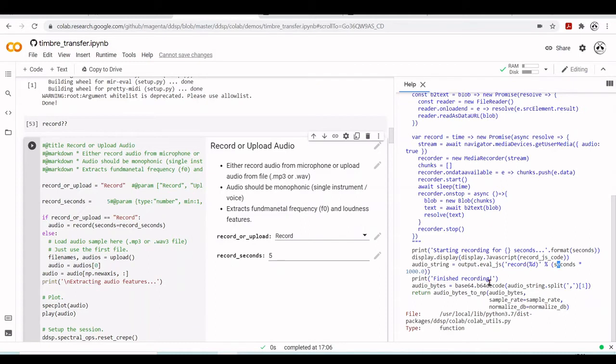And then we have this finished recording, and we will have this audio string. It will use this base64 decode, so we will have our audio bytes, and then it will return this audio bytes to NP, that will convert this audio bytes to NumPy. And this function is here from the DDSP library Colab